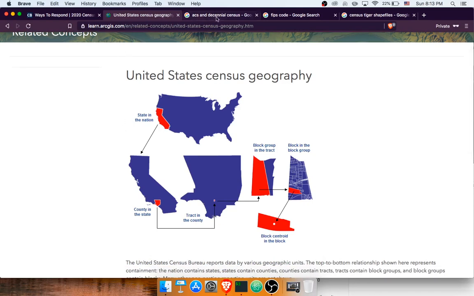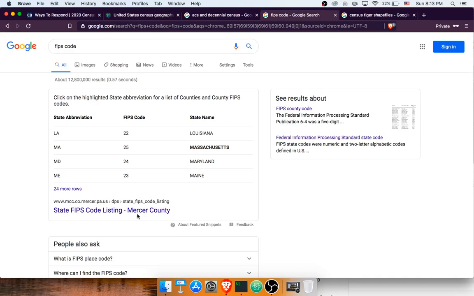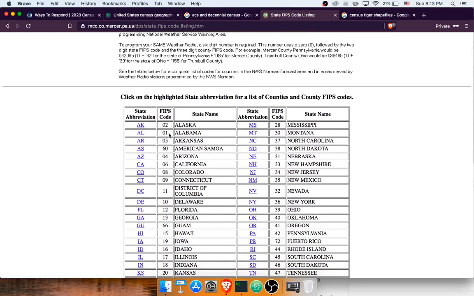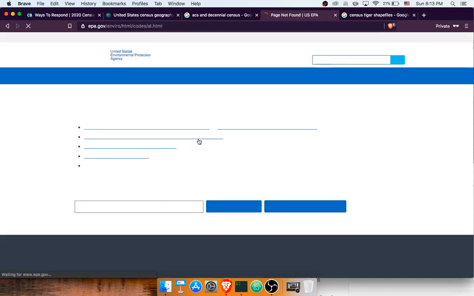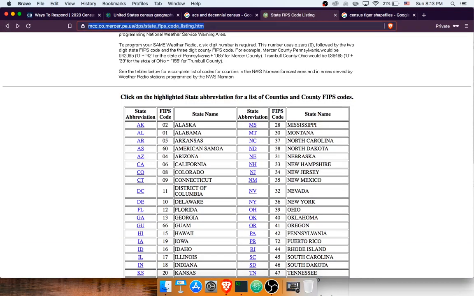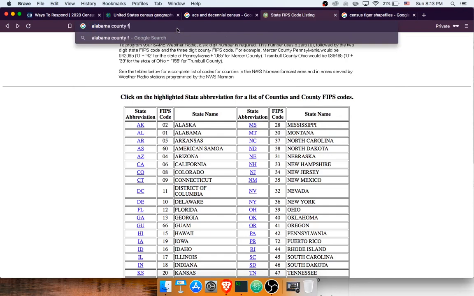So, the way that these block groups are identified is using something called a FIPS Code. Every state has a FIPS Code. You can see that they're mostly alphabetical. Something like American Samoa shows up in a weird place, but states generally are alphabetical, and inside the state, you'll find that FIPS codes continue. So if I do Alabama County FIPS codes,